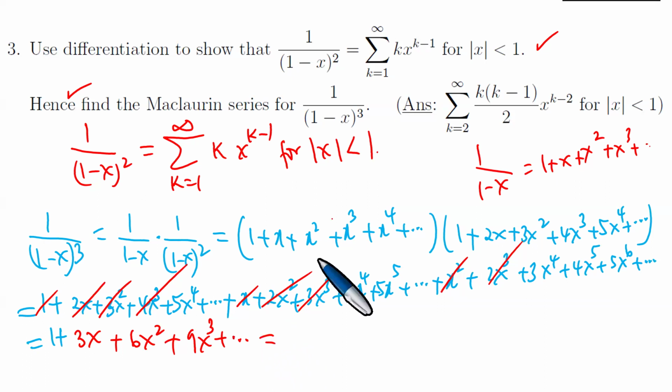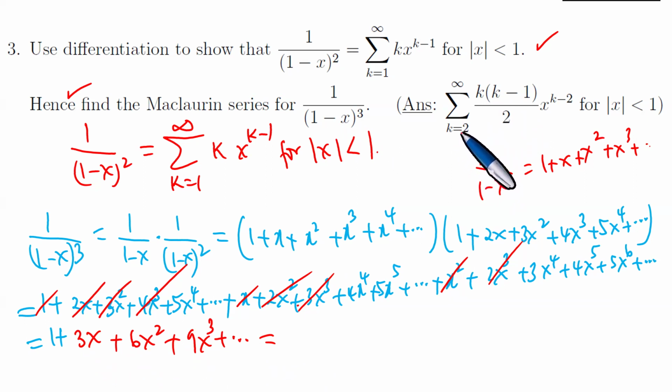Now, this must be the answer. So now we need to look and think. The coefficients 3, 6, 9 must form a quadratic sequence. So, okay, to see this now,